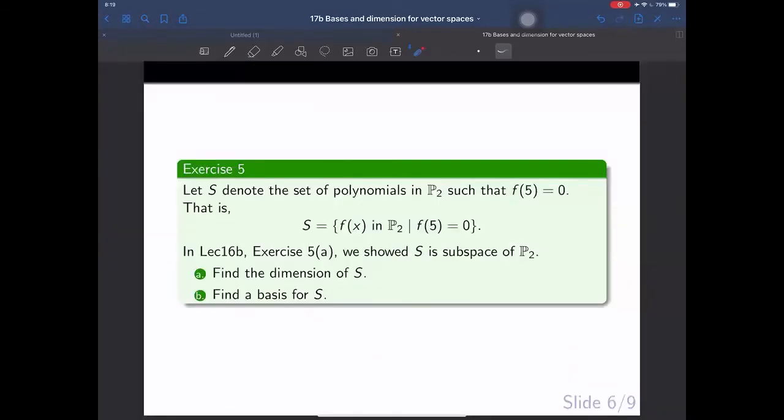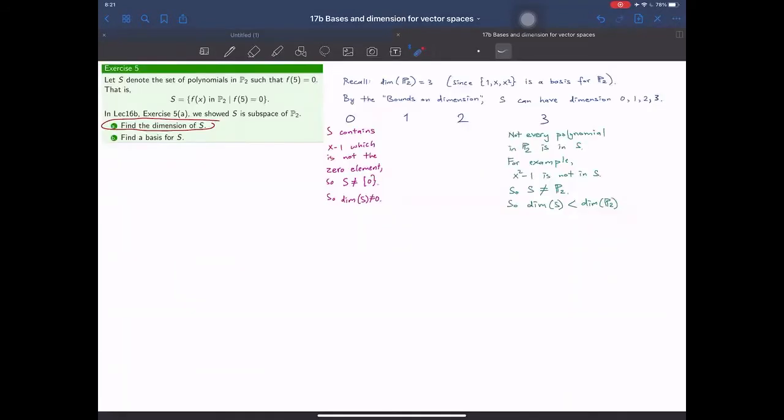In a previous lecture, we showed that the following set S, where S is the set of polynomials where f of 5 is equal to 0, is a subspace of P sub 2. We will now use the theorems we just learned to find the dimension of S and then find a basis for S. Finding the dimension of this subspace will be very similar to the previous exercise. We know that the dimension of P2 is 3, so the only options for the dimension of S are 0, 1, 2, 3. To show that the dimension is not 0, we only need to come up with one element in S, which is not